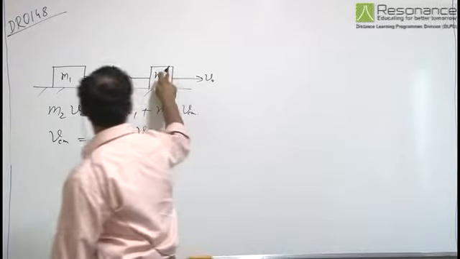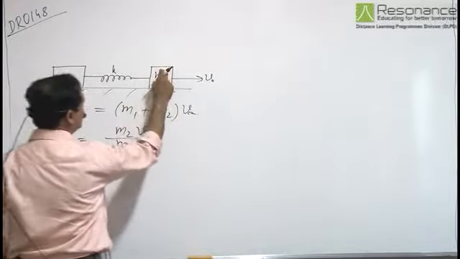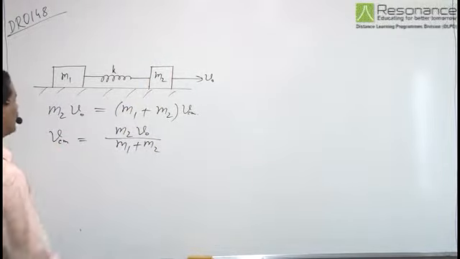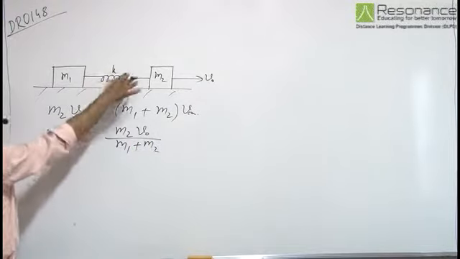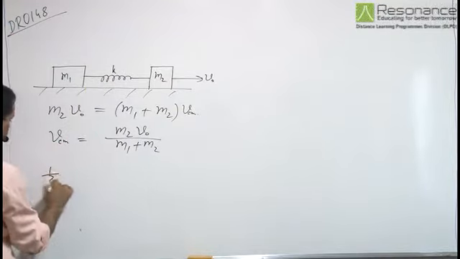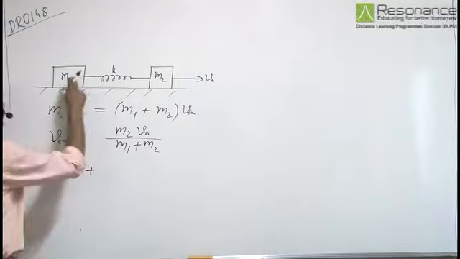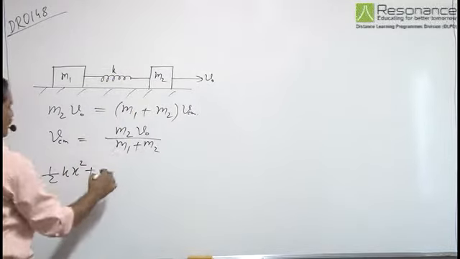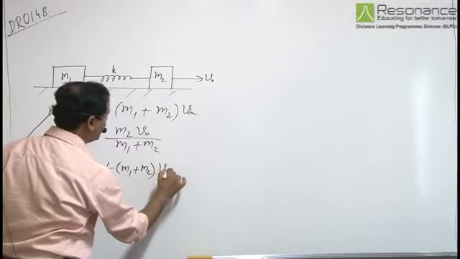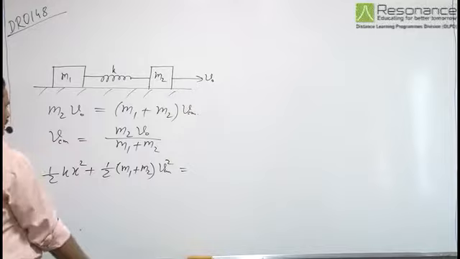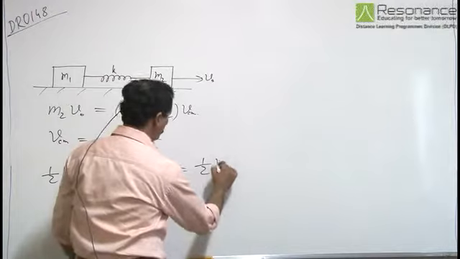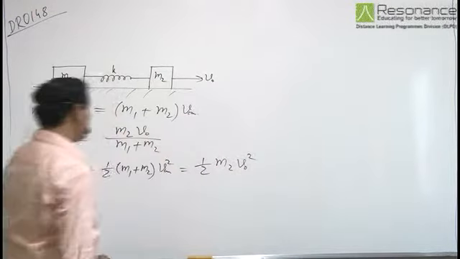Now, as a sharp impulse is given to this mass m2, a certain amount of energy is also being transferred. Suppose the maximum elongation of the spring is x, so the energy stored in the spring is half k x square plus, due to velocity of center of mass, the kinetic energy is half (m1 plus m2) into vcm square, that is equal to the energy given during impulse, that is half m2 into v0 square.